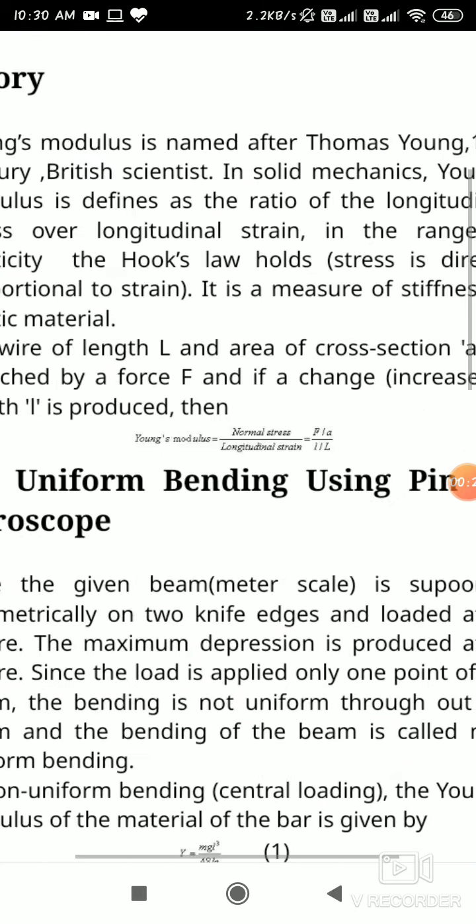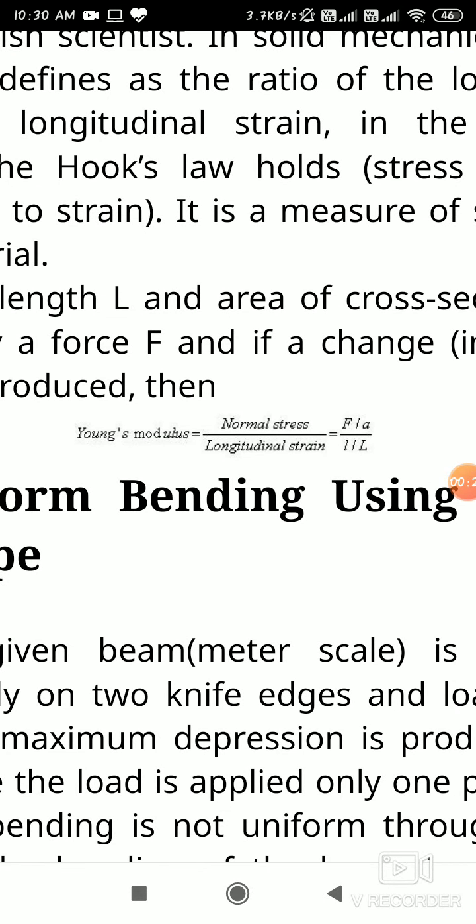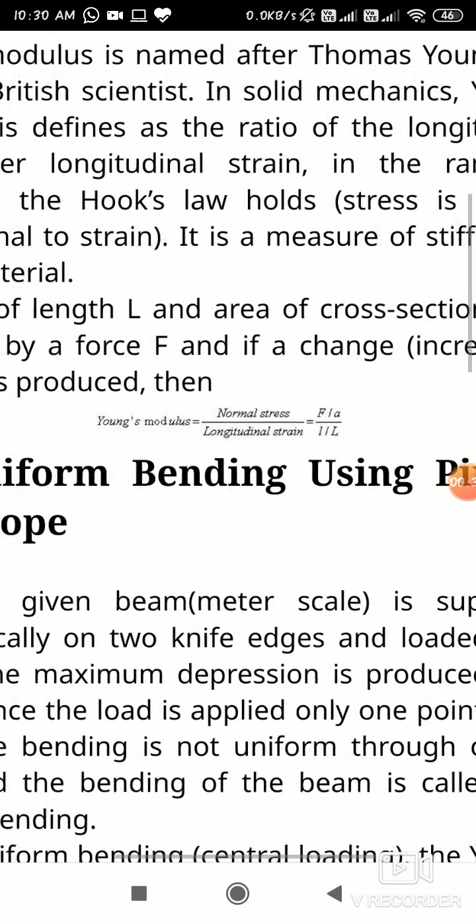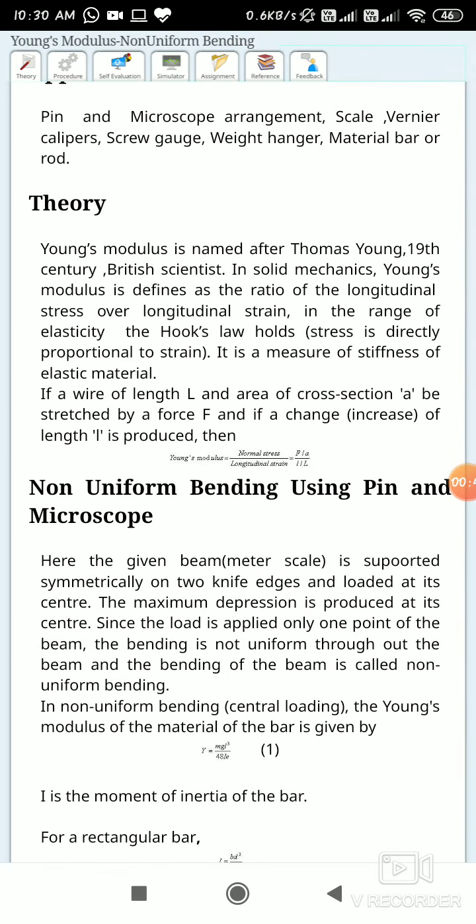So we know the Young modulus is given by normal stress by longitudinal strain. The normal stress is given by the force by area and the longitudinal strain is given by the change in length by the initial length. So what we will do, we will have a bar and we will put some weight at the midpoint of the bar. So that will give your stress. By application of this weight, the rod will bend and we will determine the deformation of that rod, and that will give us the longitudinal strain, and then using the given formula we can calculate the Young modulus.